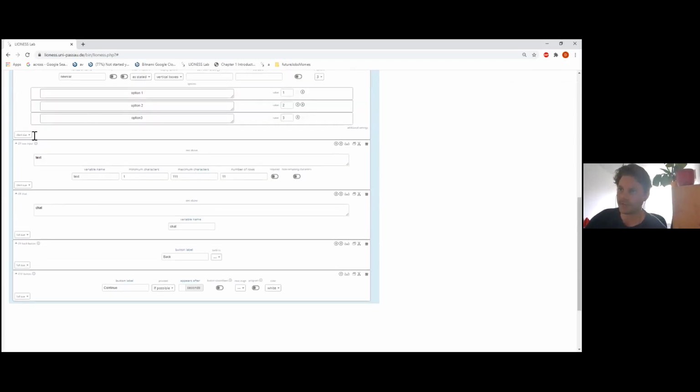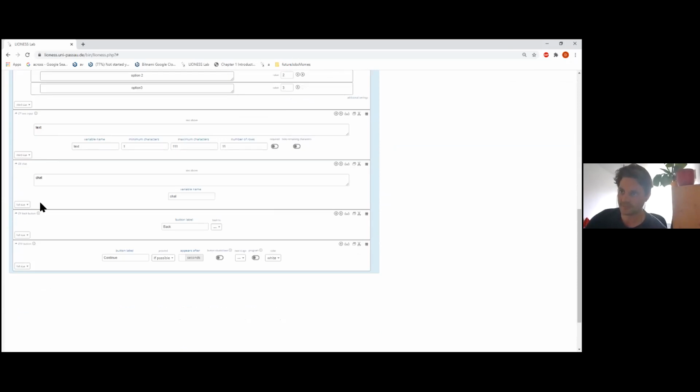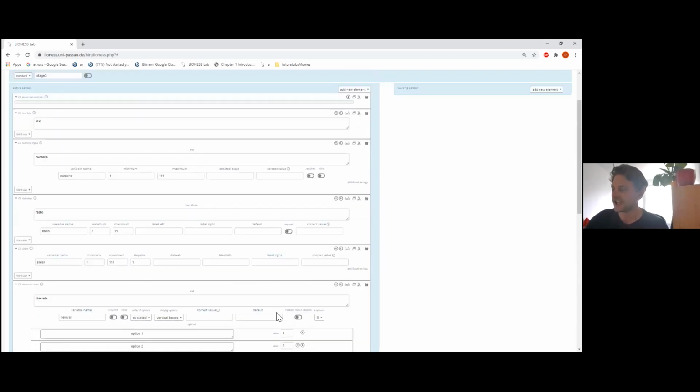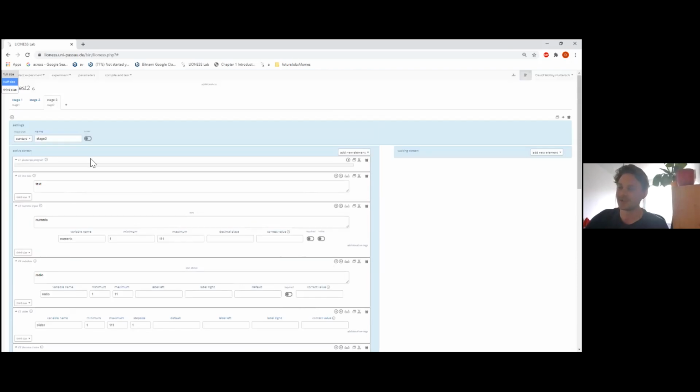So I made everything third size. I make the chat full size, and then I make the button and the continue button half size, so they're next to each other. I entered the chat. I didn't enter the chat in the first stage either, because what I will do now